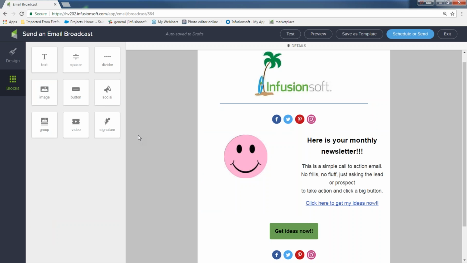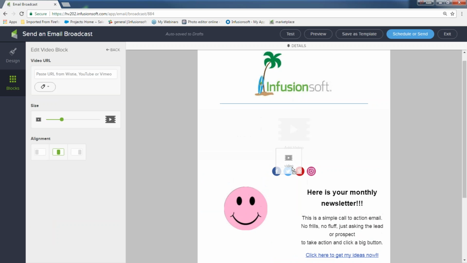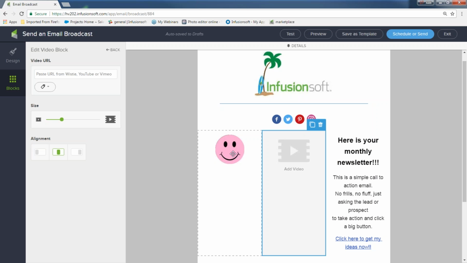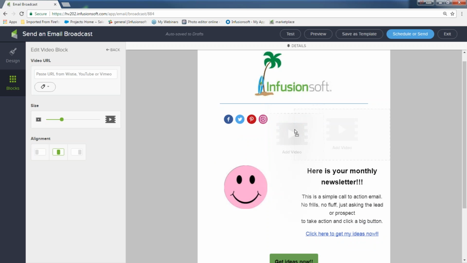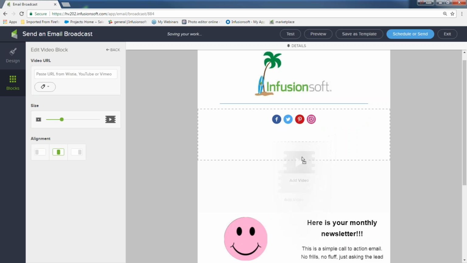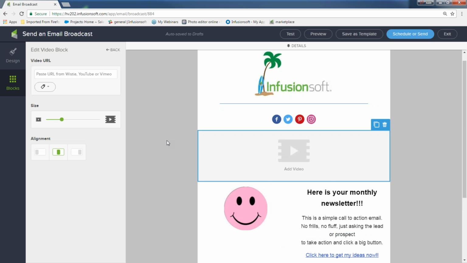If you'd like to add a video, there is a video snippet. Grab the snippet, place it where you want it to go. It can even go in the middle of your 2 objects, but I'm going to put it right underneath my social media snippet. So it's a little tricky. There we go. Once you grab the snippet, you're going to have to go get the URL where that video